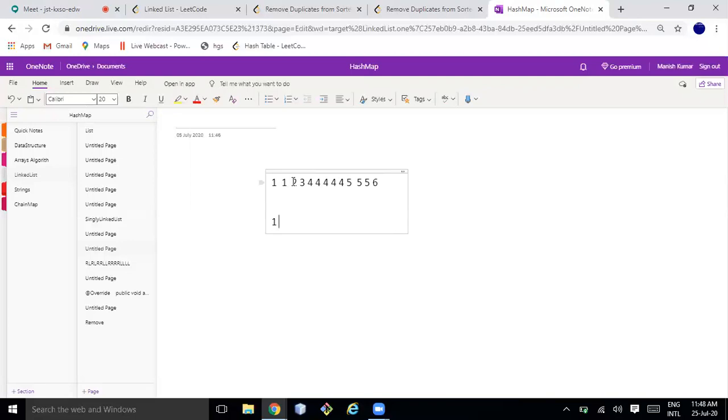So it is boxed, so the box will always store the same. But here you will also play with the link, like how the link is modified. So if both are 1, then I'll take 1, and I just need to remove the next one. Obviously you have to take the first one, then whatever, if 1 is coming, you just need to remove that one, right? So what you need to do, after 1 you will have to write 2,